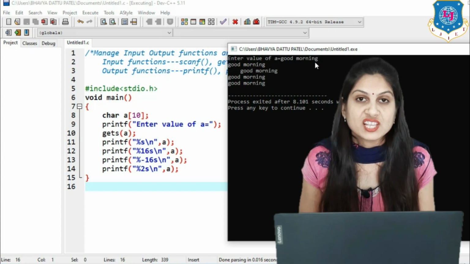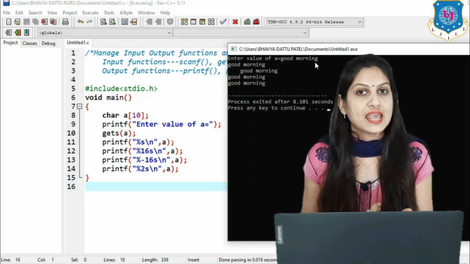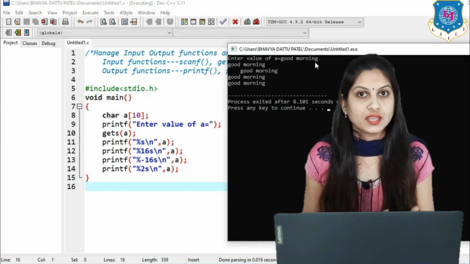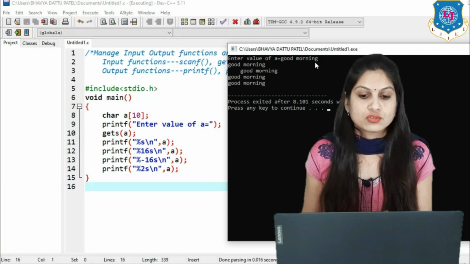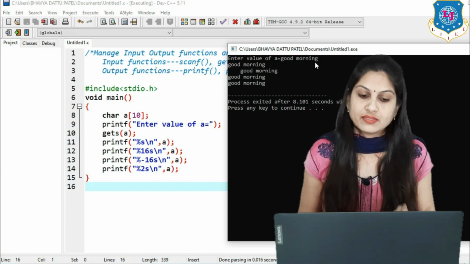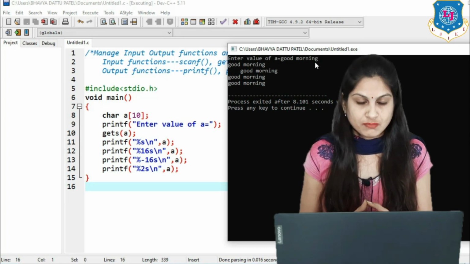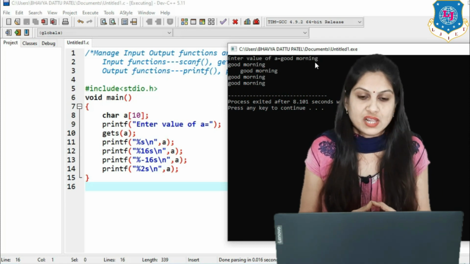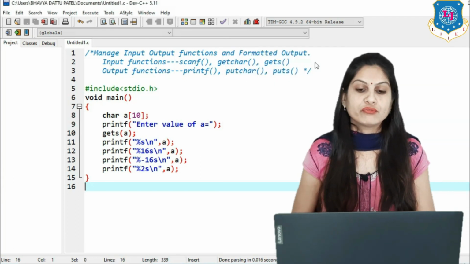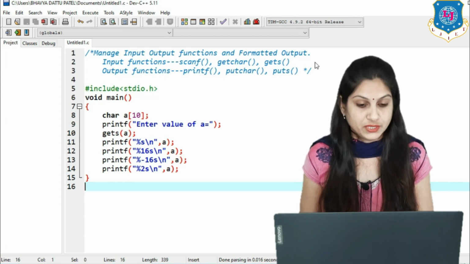Then in the second we are specifying 16 blocks, and our string has only 12 characters, so the remaining 4 will be spaces in front of it. It starts from the right-hand side and puts good morning. Then %-16s means it starts from the left, and %2s, the 2 value is smaller than 12, so no effect on it. Clear? So here our formatted output for gets is completed.